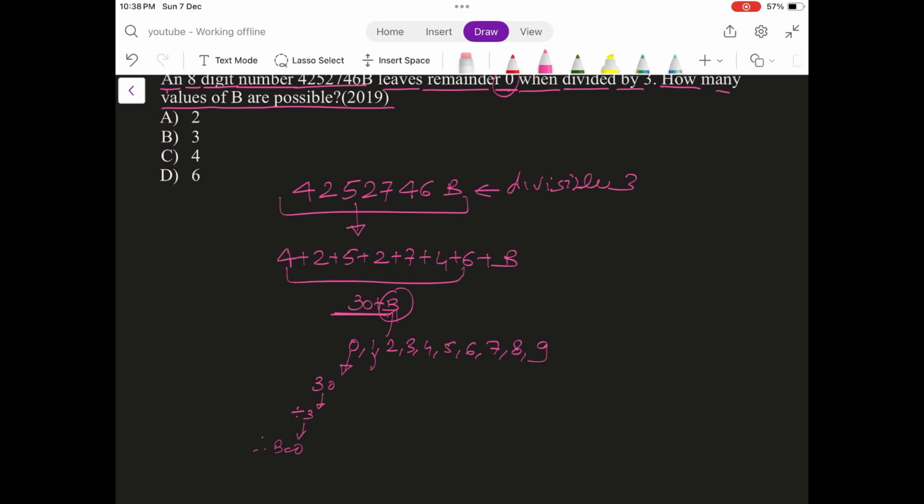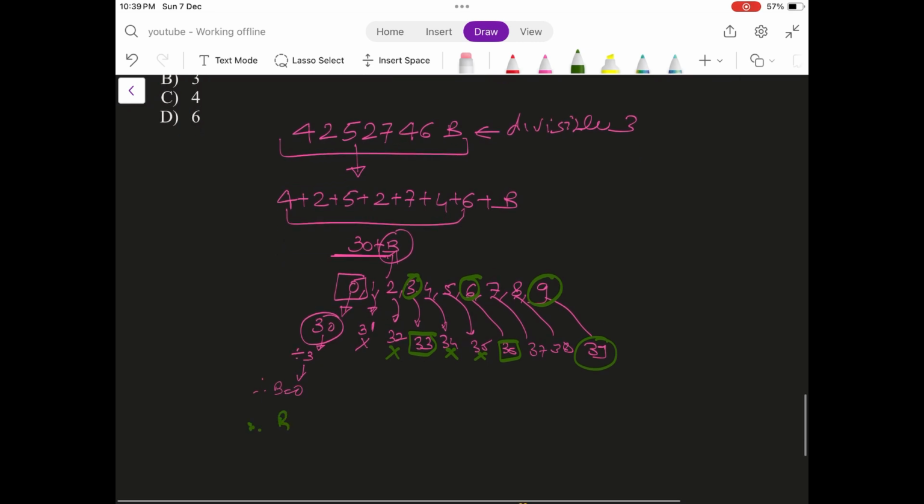If we take b as 1 तो ये हो जाएगा 31, 31 is not divisible by 3, right, so b cannot be 1. अगर हम b 2 लेते तो ये 32 हो जाएगा, ये 33 हो जाएगा। अगर b 4 लेते तो ये 34, 35, 36, ये 37, 38, 9 अगर b की वैल्यू लेते तो 39। तो अब इन नंबर्स में से हमको देखना है कि which are divisible by 3. So 30 is divisible by 3, so b can be 0, right. 31 is not divisible by 3, so b cannot be 1. 32 is divisible by 3, नहीं। 33 is divisible by 3, yes, तो 3 हो सकता है। 34 is not divisible by 3, 35 is not divisible, 36 is divisible by 3, तो b can be 6। 37 is not divisible, 38 नहीं। 39 is divisible by 3, तो वो 9 भी हो सकता है।